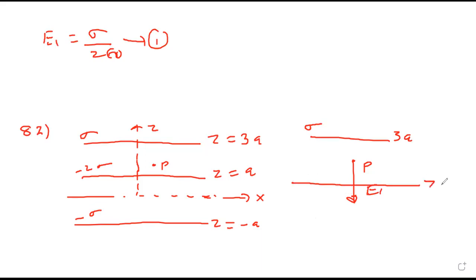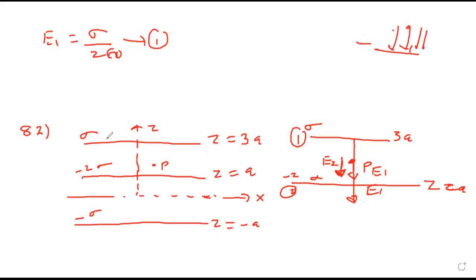Now, here we have got Z equal to A. And charge is negative. So intensity will be inward, E2 due to the second one. See, for positive, it went outward from here. For negative, it will come towards the second one. Is it followed? Negative, then for this point, it will be inward like this. So my value of E2 is 2 sigma upon 2 epsilon naught directed inward.